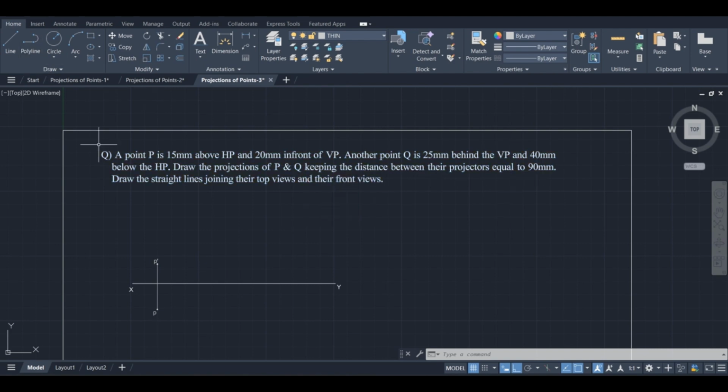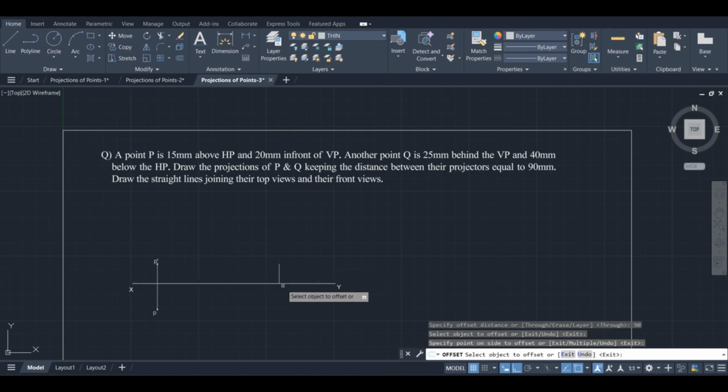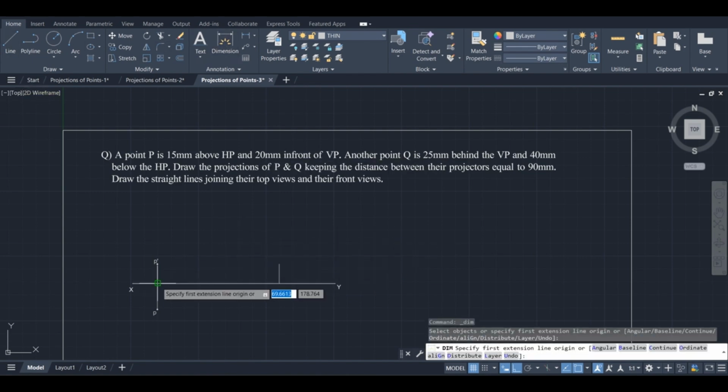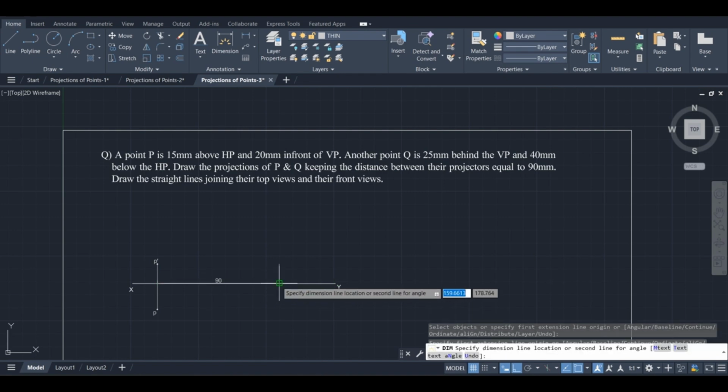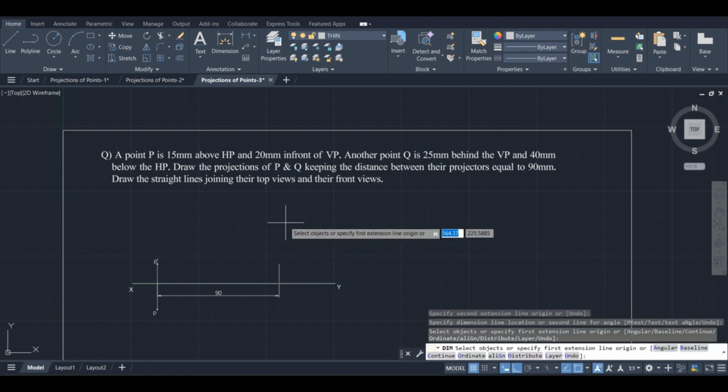So for that I'm using offset, distance is 90. Enter. This line I'm selecting and I'm keeping right side. Okay, the distance between this point and this point is 90 mm.